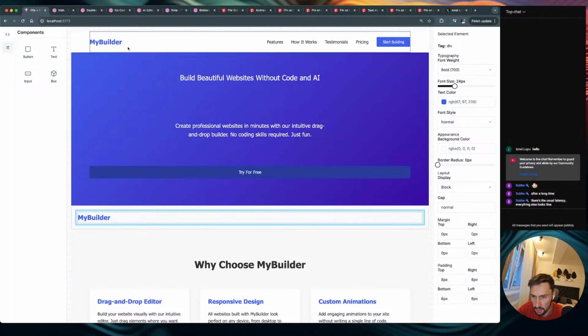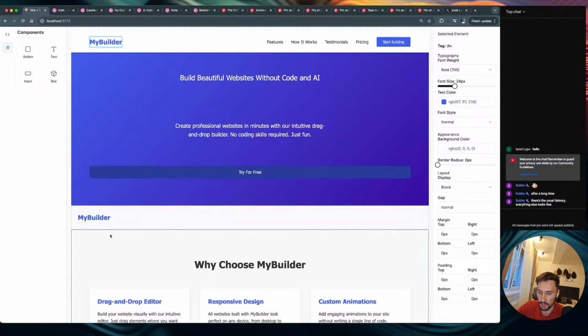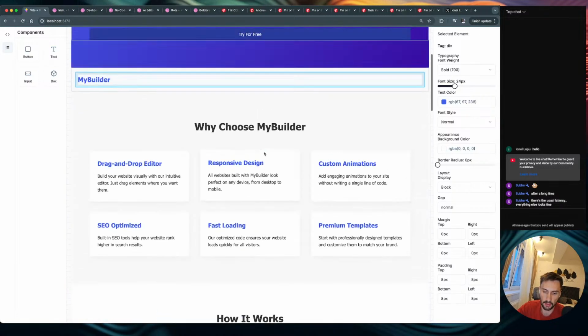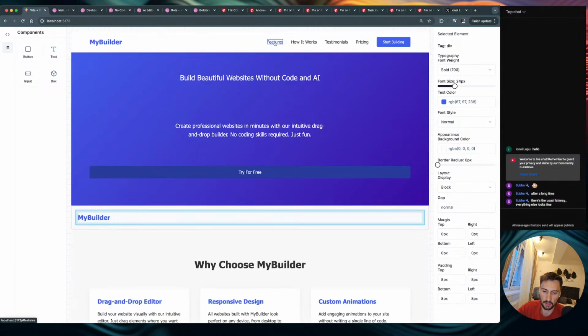On the screen it doesn't look the same, but I will just assume it's the same. Alright, the next thing is to add the menu on the right. For now, technically they should be links that point to different sections on the page right here. We don't have this functionality yet, so we need to code it, but for now I will just add simple text